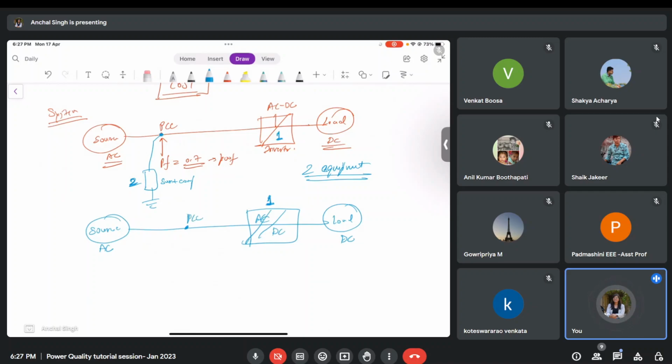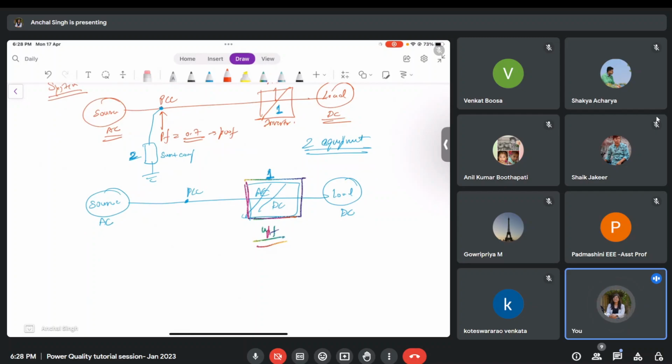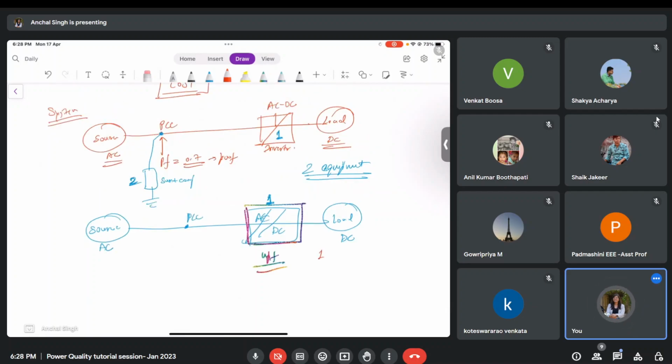In order to improve the power factor, the other solution that I am giving you is, instead of putting a separate shunt compensator, I add a feature inside this inverter itself that will give me unity power factor. Then I am able to suffice my needs by using only one equipment instead of two. If I am using just one equipment, that means I have reduced the cost, right? And I am able to justify the cost of this inverter also, right? So this is what we'll be studying in this week's lecture.